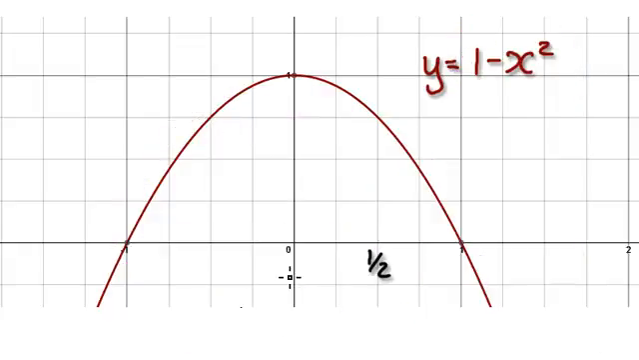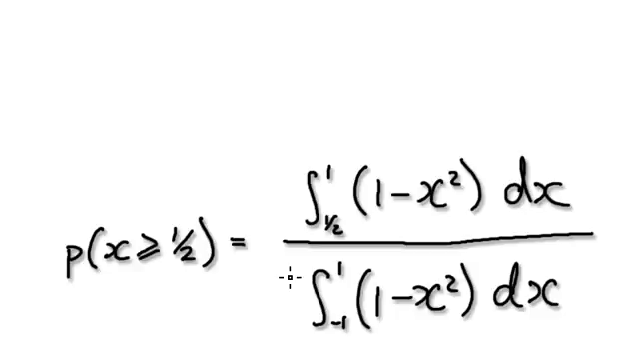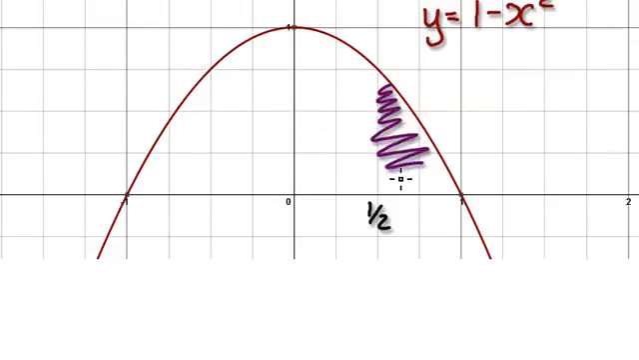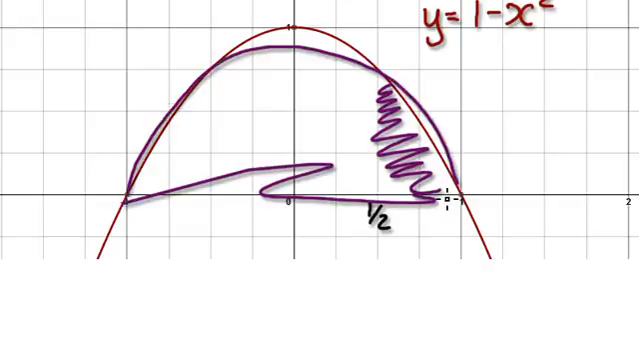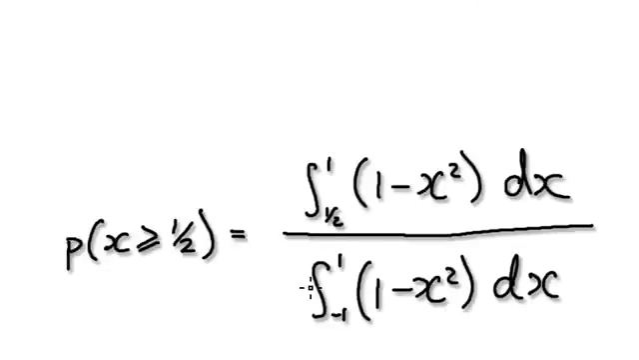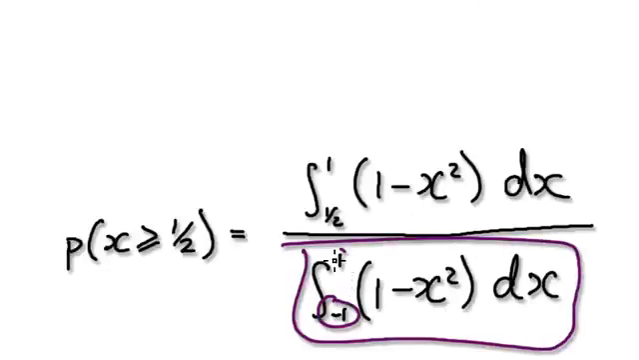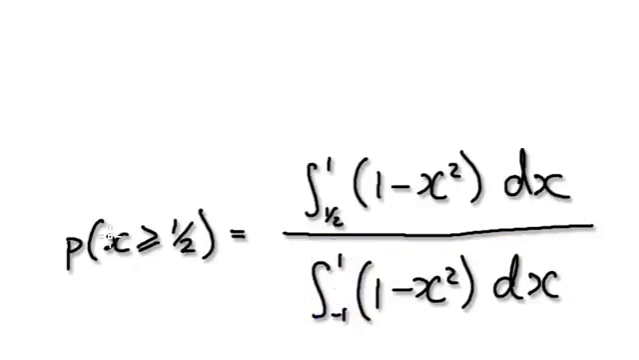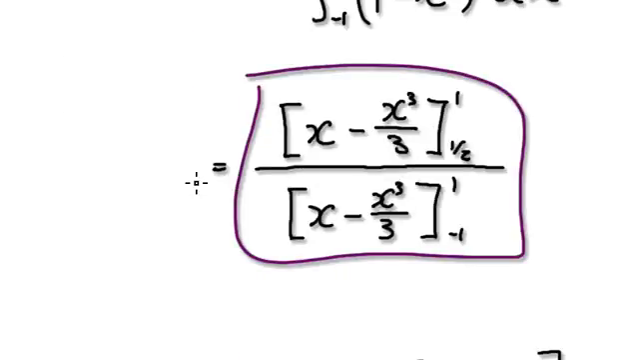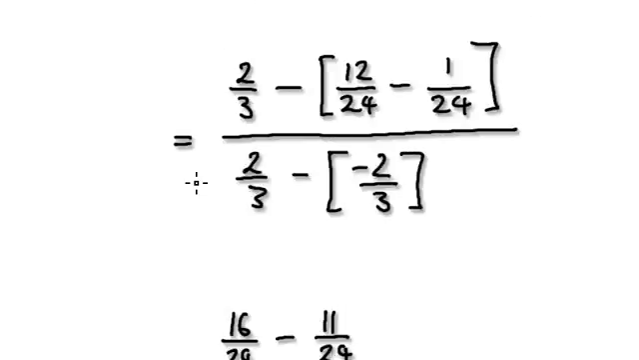Okay, so in this case, the probability of x being greater or equal to a half is given by this. This bit here is this area here, and the overall area here is given by this from negative 1 to 1. So to work out the probability of x being greater or equal to a half, you would evaluate this and then work it out. It would give you